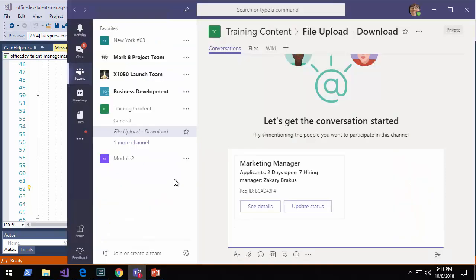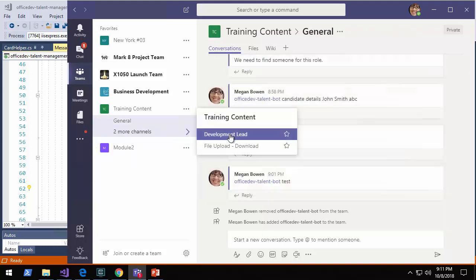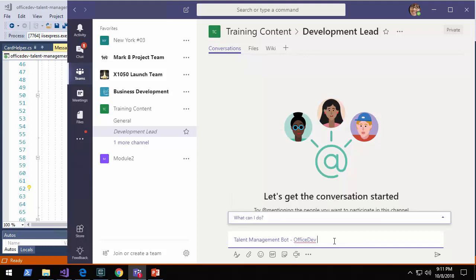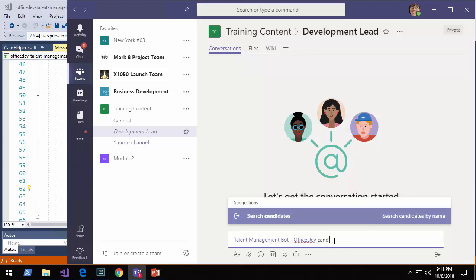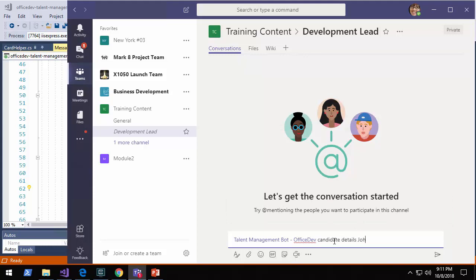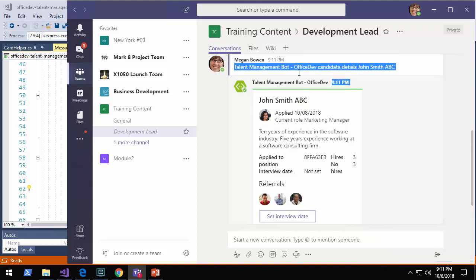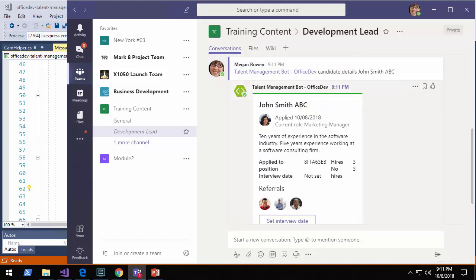Now there's another use of cards that we can do. For example, if I'm in a channel and I want to have a discussion about a particular candidate, our bot lets us get candidate details. So I'm going to request that. Requesting the candidate details for John Smith for a certain role, you'll notice that our application is generating some random information in it, and it's showing John Smith in a particular role, the date they applied,